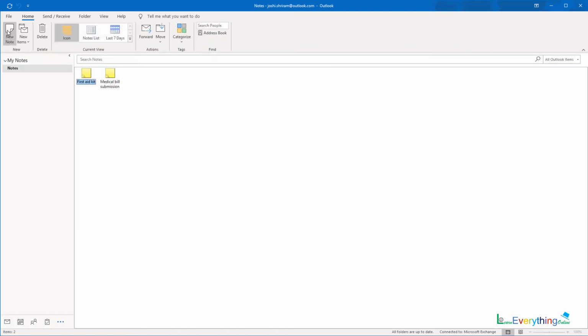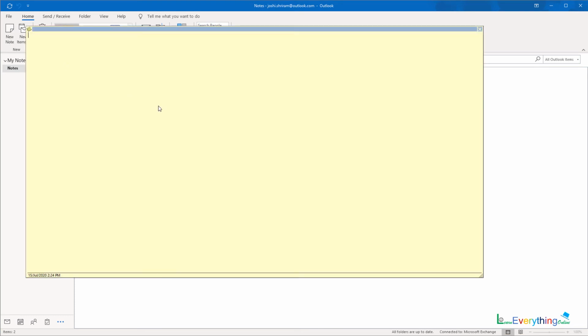Now notes means a sticky note, which we generally use for temporary messages, like if you want to give any message to your co-worker or co-assistant. In that case, you can keep this on the desktop, that this work is pending, and under that you can write, for example, quiz preparation for HTML.